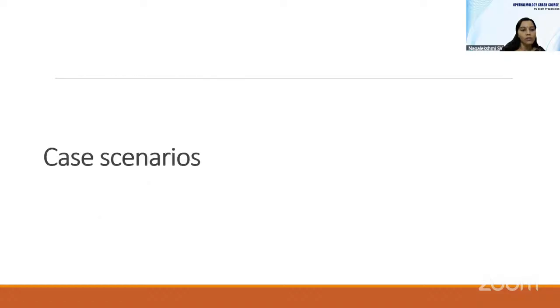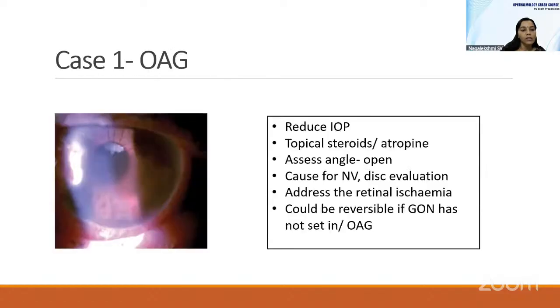Some of the case scenarios: this is a patient who presented with a stormy course, hyphema, and cloudy cornea. Here we reduced the intraocular pressure, cleared the cornea, and then looked at the angle. It was an open angle. The cause of NVG was diagnosed to be PDR. Aggressive PRP was done, and steroids and anti-glaucoma medications were initiated. Once the PRP effect took place, the inflammation came down, and the patient did settle down without any surgical intervention